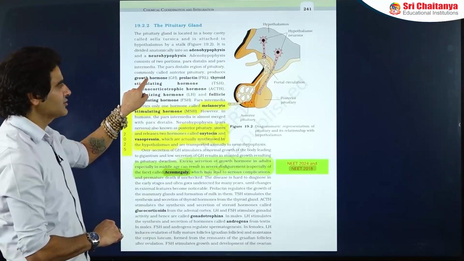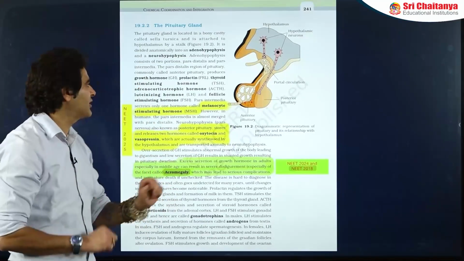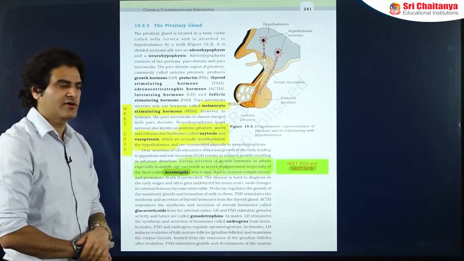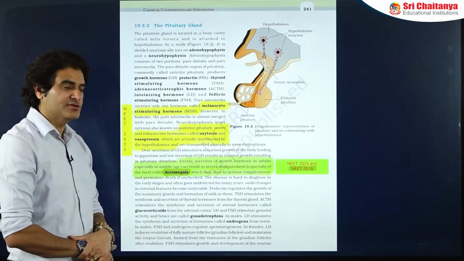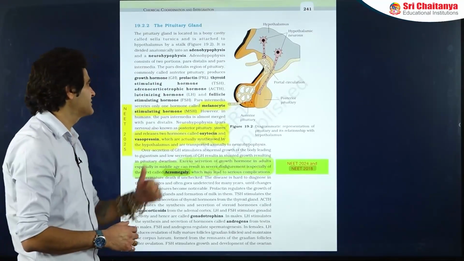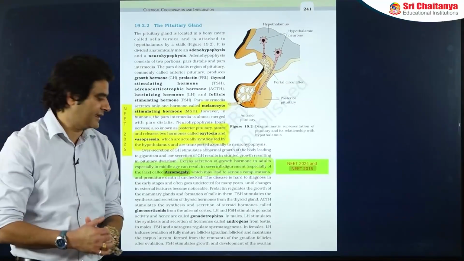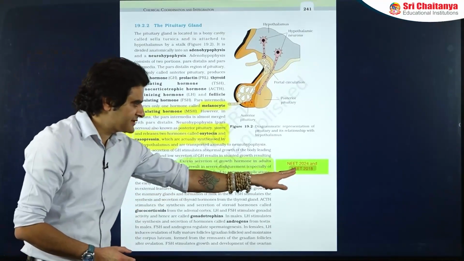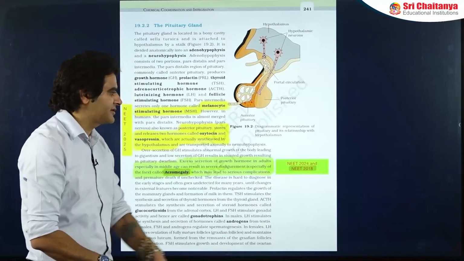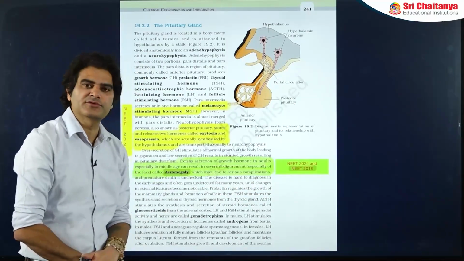In this case, growth hormone regulates the growth of the entire body, prolactin, mammary glands, thyroid stimulating hormone, thyroid gland, adrenocorticotropic hormone, adrenal gland of course, luteinizing hormone and follicle stimulating hormone, reproductive organs or gonads. One more important thing, we can see that a question has appeared 2 times from here, NEET 2018 and NEET 2024,